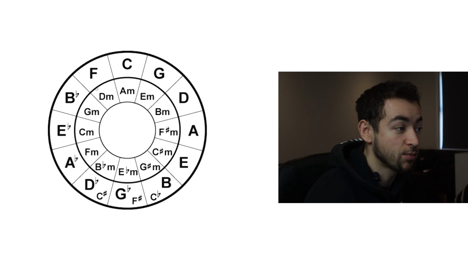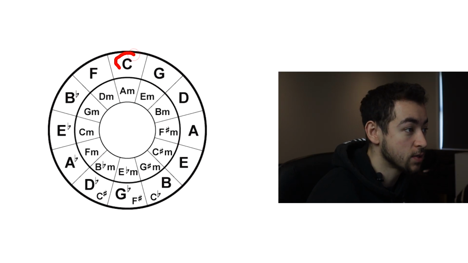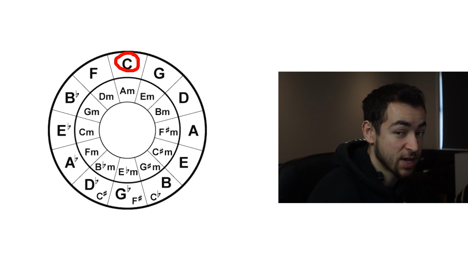You can also use the circle of fifths to work out some notes in chords. So in a major chord and in a minor chord, you've both got a root and a perfect fifth. The thirds differ, so in a major chord, you've got a root, major third, and perfect fifth. In a minor chord, you've got a root, minor third, and perfect fifth. But you can use the circle of fifths to figure out what the fifth is in your particular chord. So if we've got a C major chord, and you want to know what the fifth in your C major chord is,